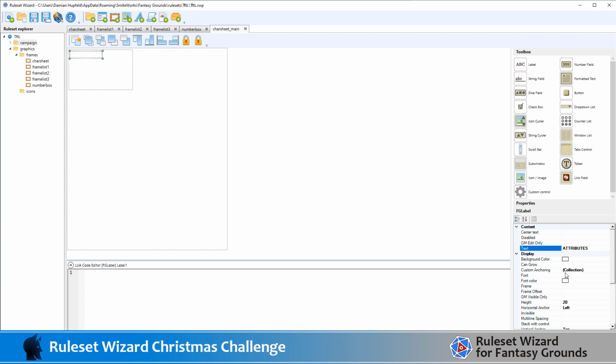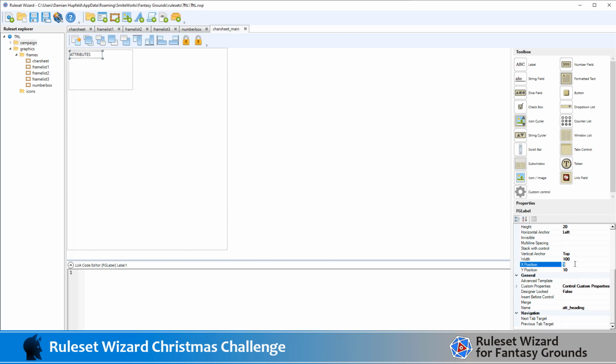Attributes, we want attributes to be in white. So we can just do white here, and let's change this to attributes heading, ATT heading. Okay,